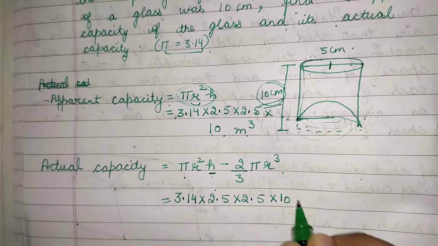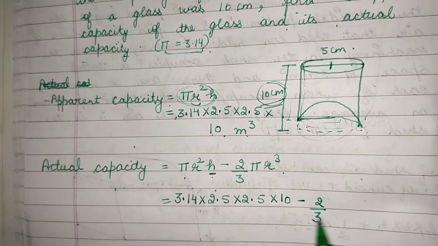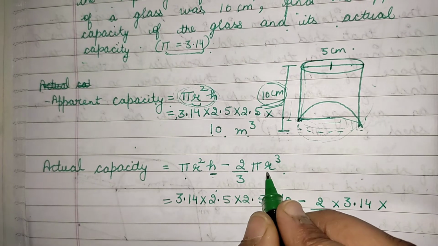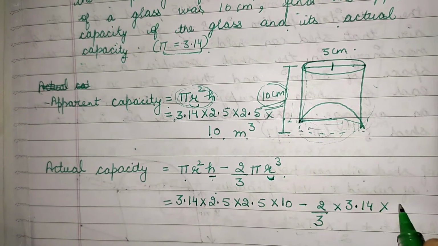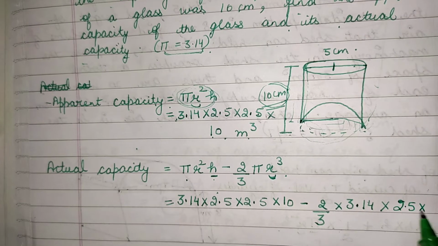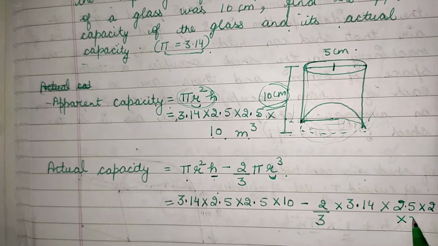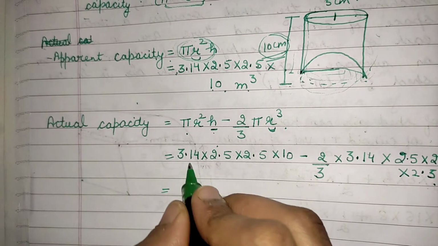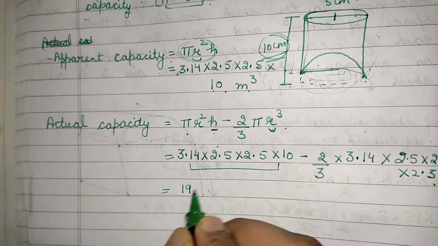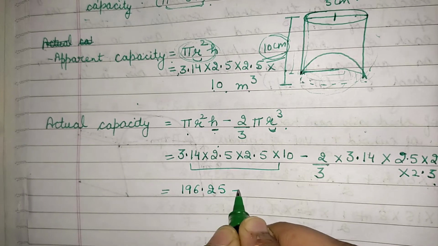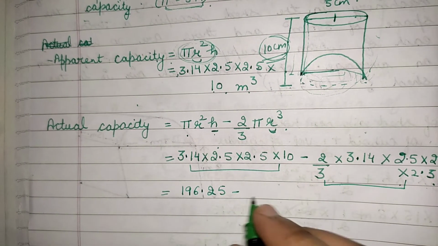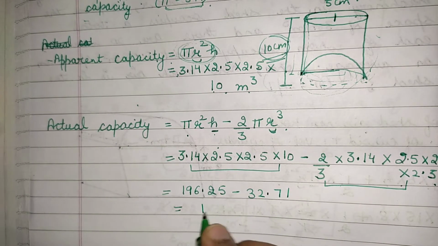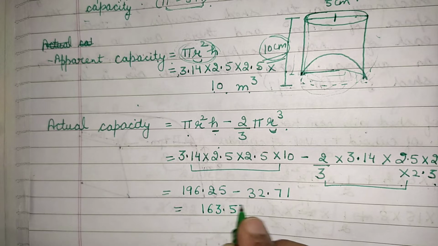Into h, h is my 10, minus 2 by 3 into pi, which is given to us equal to 3.14, into radius cube. Radius is my 2.5 into 2.5 into 2.5. So this part will give you the answer equal to 196.25, minus this part will give you the answer 32.71. So it will be 163.57